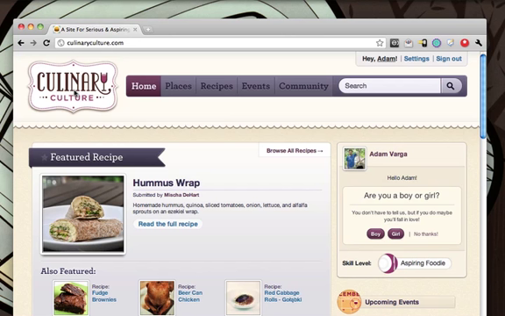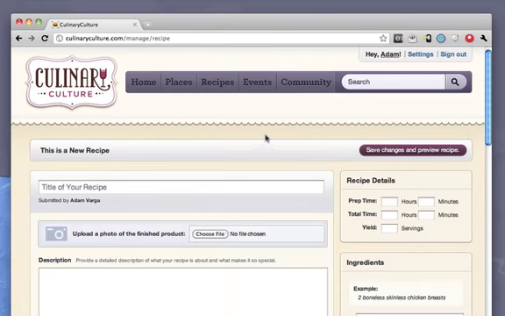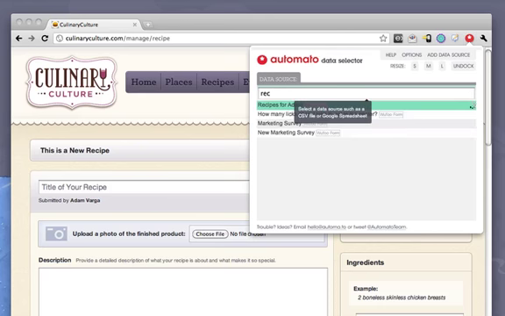Now let's send that data to some web apps. First up, culinaryculture.com. Let's go to the new recipe form. And connect our data to these fields. Click the tomato, search for Adam's recipes, recipes for Adam,